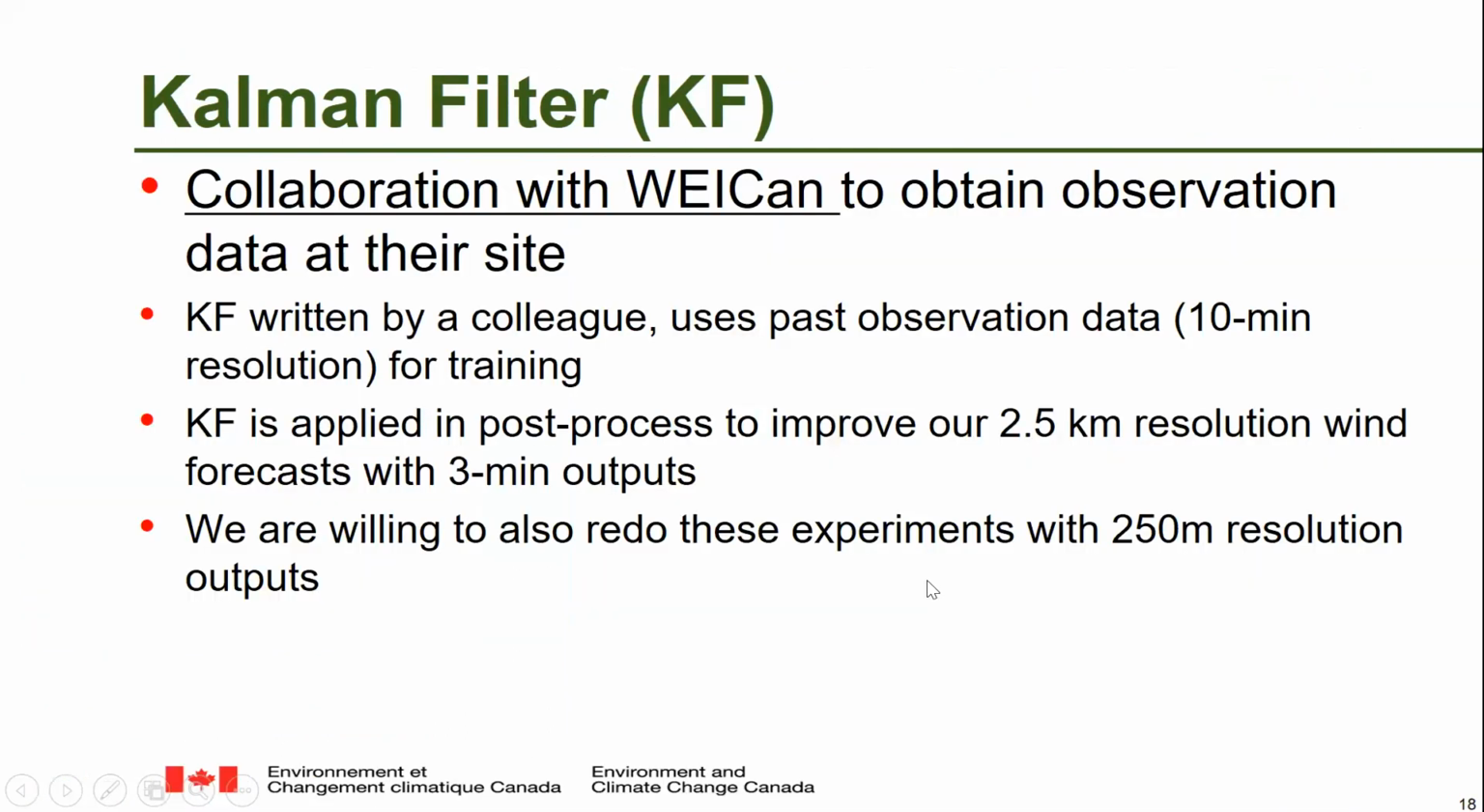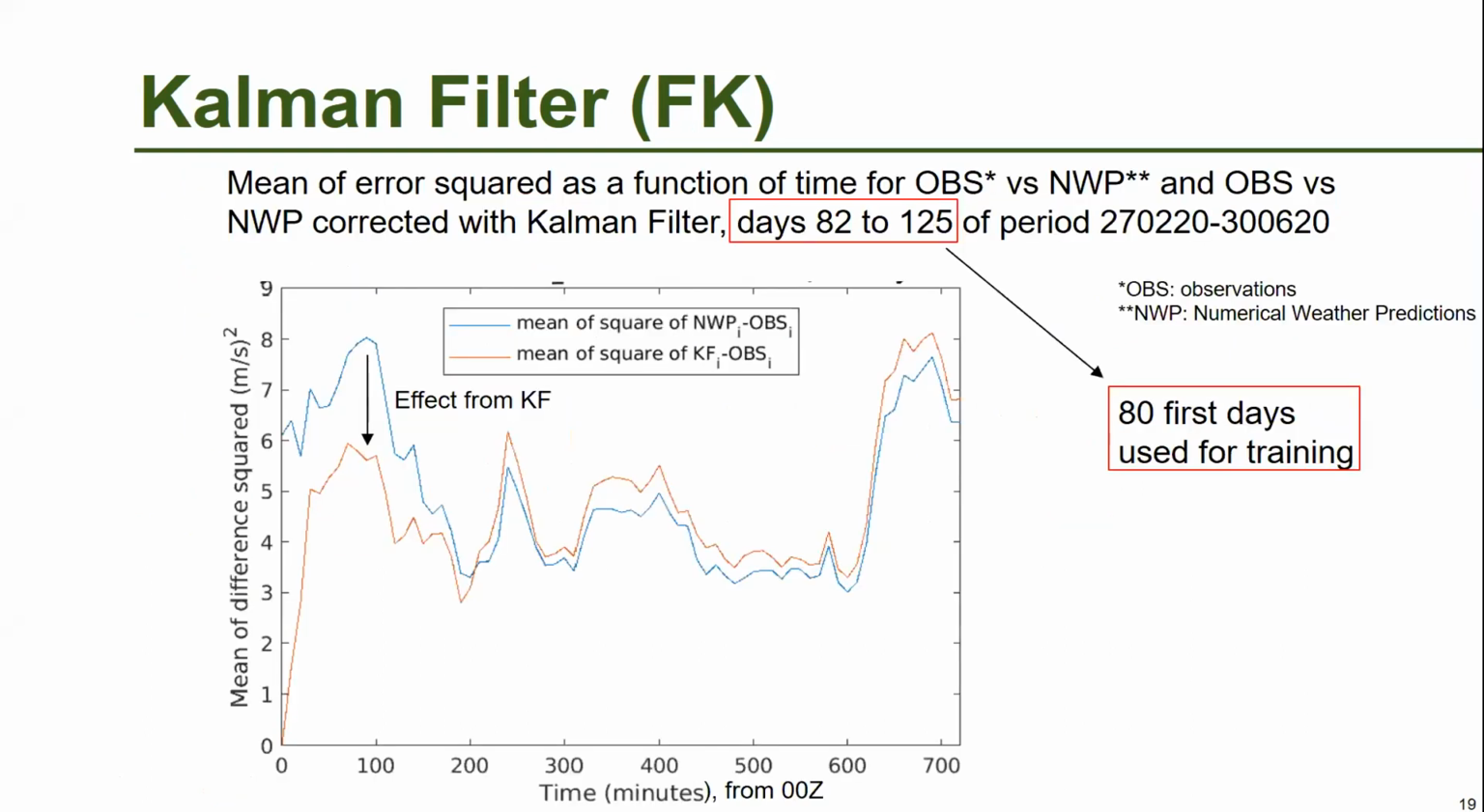Now more information about the Kalman filter itself. It's a collaboration with WEICan that allowed us to obtain observation data at their site. The Kalman filter code was written by a colleague. It uses past observation data for training, and it's applied in post-process to improve our 2.5 kilometer resolution wind forecast with 3-minute outputs. And we are willing to also redo these experiments with 250 meter resolution outputs. So we tested this filter from day 82 to 195 of this 125-day period shown here, using the first 81 days